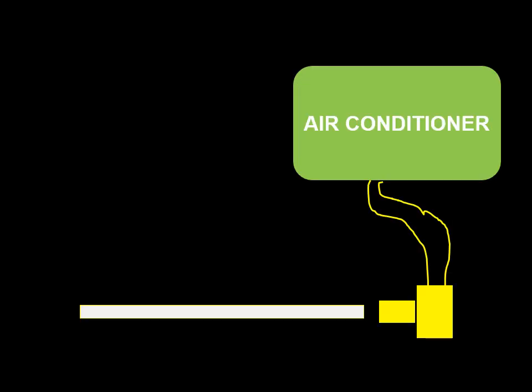For example, let's say that we have this box here that has an air conditioner in it. The white rectangle that you see is actually an expanding piece of metal. So if you want to know something about how a thermostat works, this is it. The yellow thing is a switch that turns the air conditioner on and off. So watch what's going to happen. Okay, the white rectangle there, let's say that's normal room temperature.